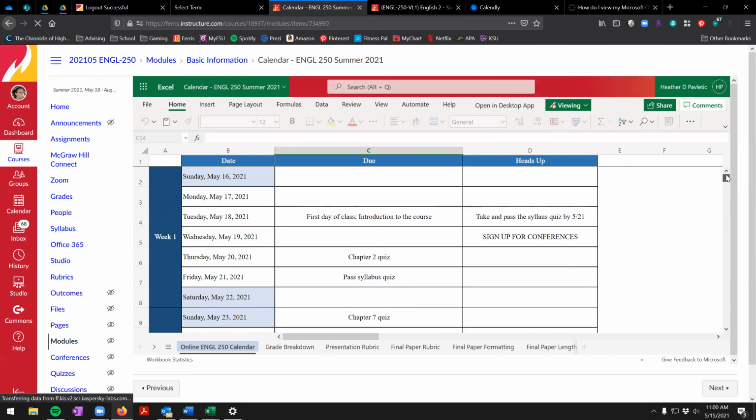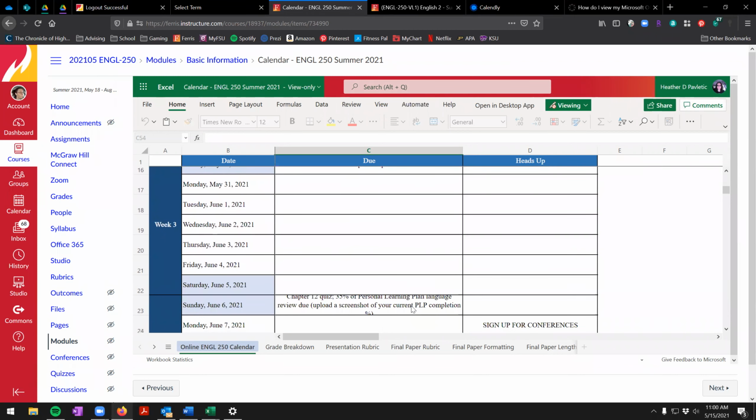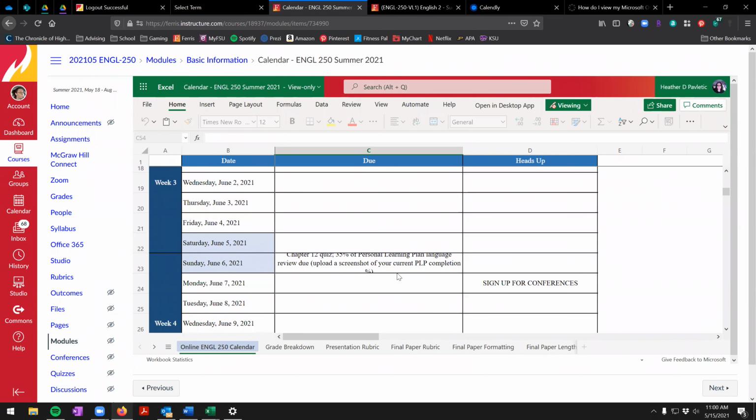A lot of you might be taking more than one class. So you'll notice that the entire semester, when everything is due, is laid out here so that you can keep track of what's going on. I do want you to note that, and unfortunately, the way that this view is, some of this might look a little crazy on your screen, unless you kind of expand it into a larger screen,